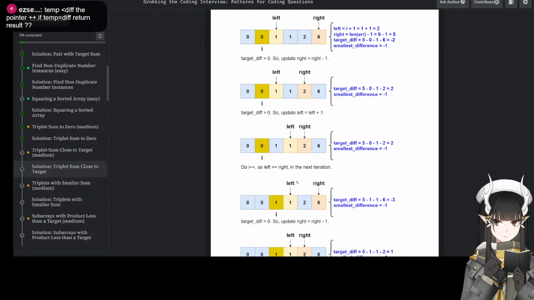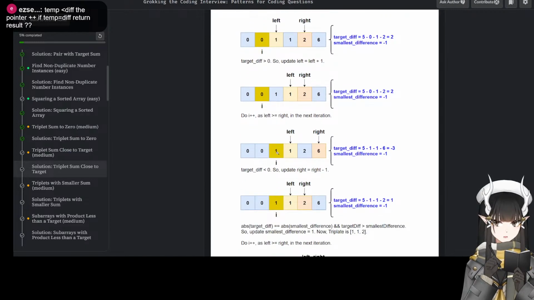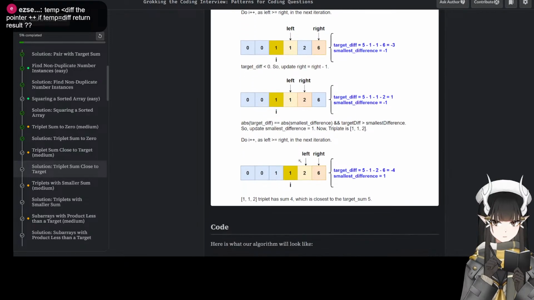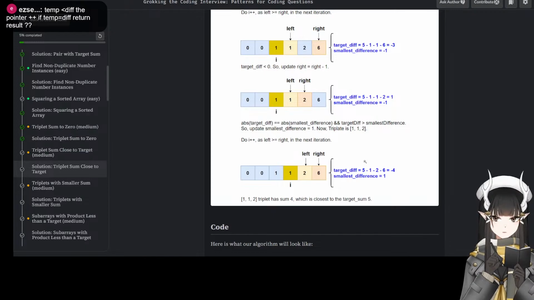This will cross, so we end the loop. We go to the next number and compare. Next number, compare. I have that. This is what my code is doing.